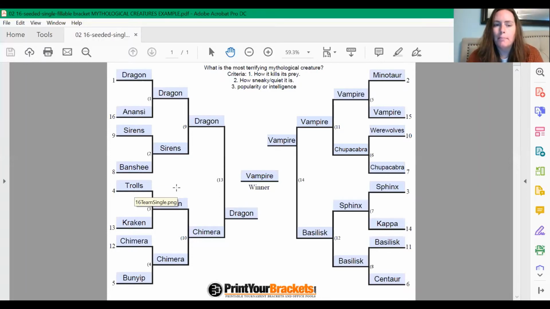Banshees come from Irish Celtic tradition mythology. They don't really go after people and kill them. They foretell people's deaths. So for me, they're scary looking and just really creepy. If you look up information about banshees, I think they look scarier than sirens. But as far as which one's actually going to kill you and be sneaky, it's the sirens. So I picked the sirens to win that one. Okay. So that's what I do on here, I just start filling these in.